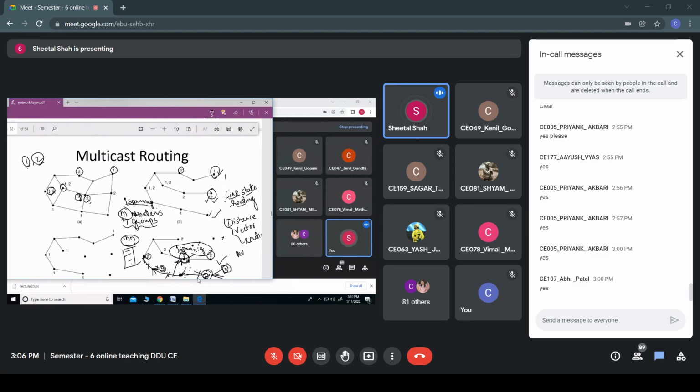Are you getting me? In the earlier example, if there are m number of routers, then m such spanning trees would be there, and all of them should have the details of the spanning tree. So the total size would be m into n. Okay, the table size would be very large. To overcome this, a core-based tree is used, in which any one central core is used for each of these groups.